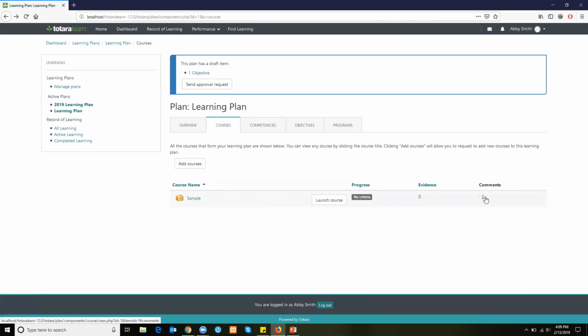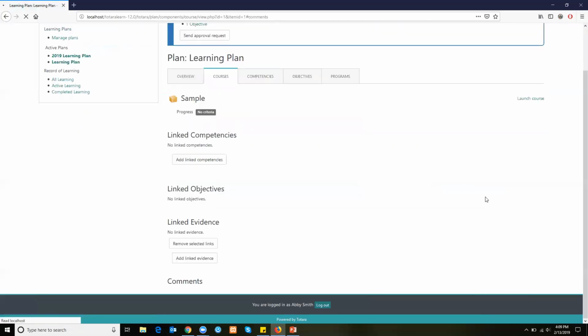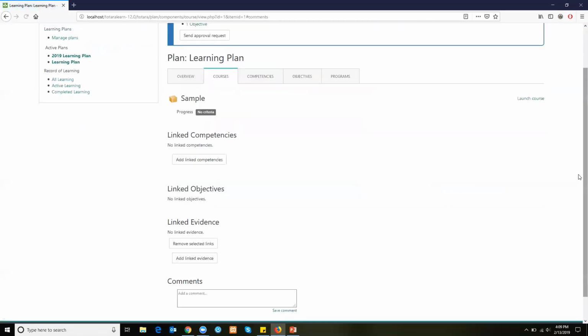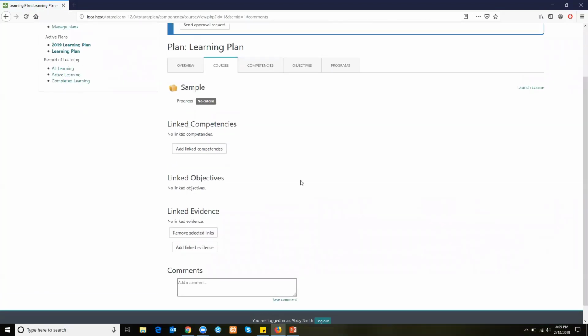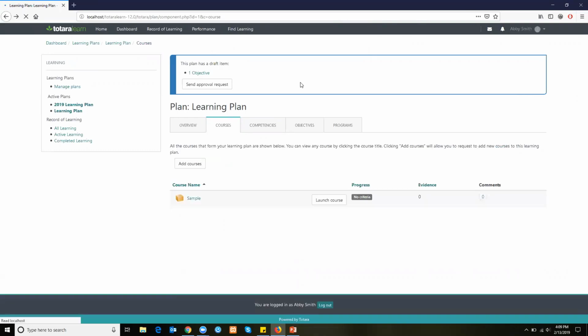And then we can also have comments. So you can actually give feedback and have conversation on these items. And so this would go between the learner and their manager. And actually, let me define the manager piece real quick, just for folks that maybe are a little bit newer